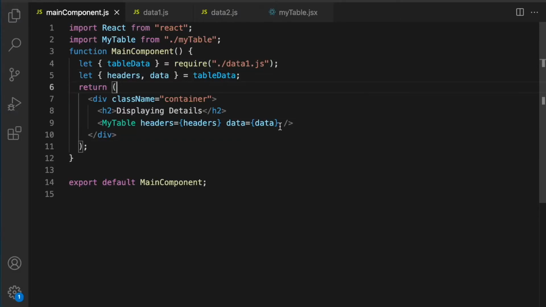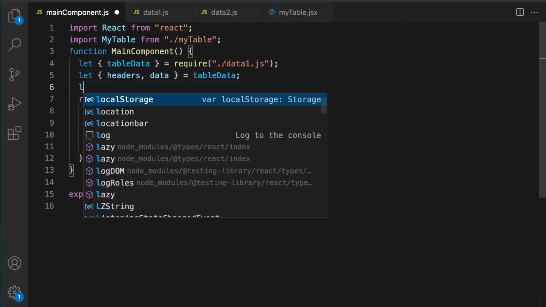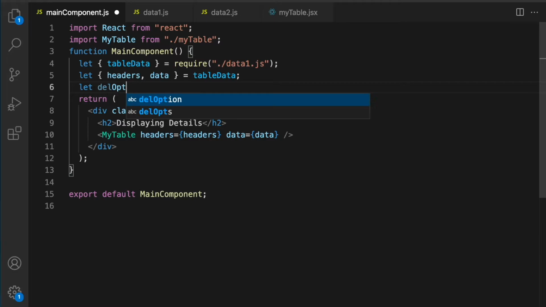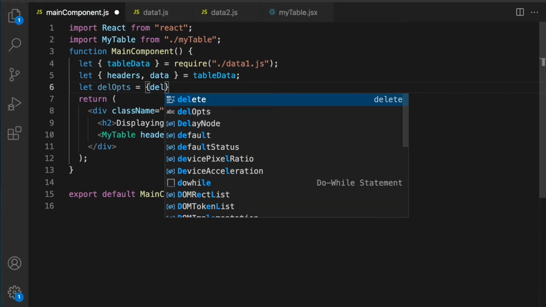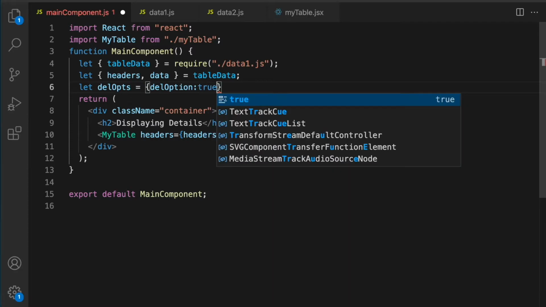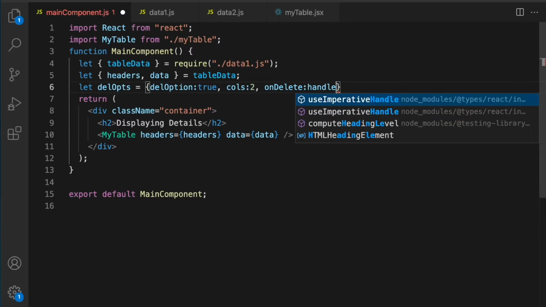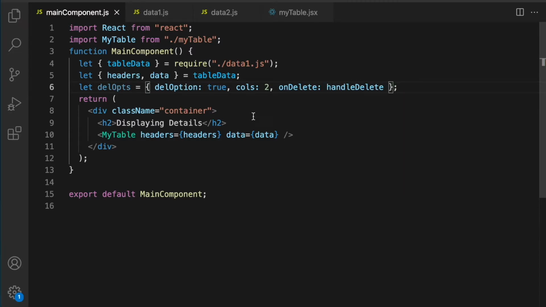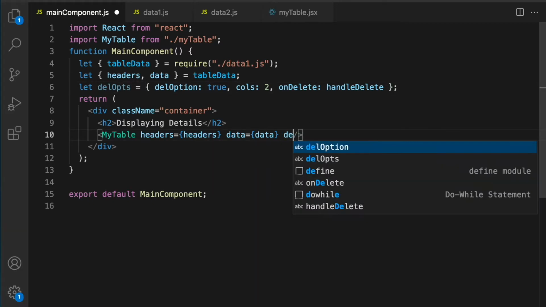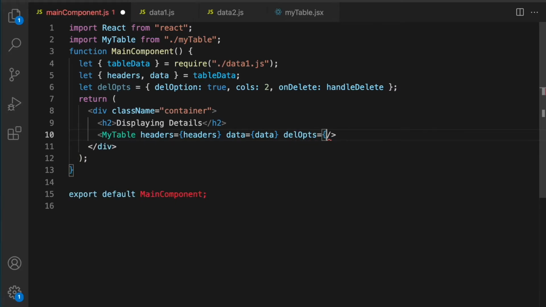So here, when we are calling my table, let's say we also send it some delete options. Delete option is true. We want to show the delete option. It will be shown in 2 columns, and say on delete is equal to handle delete. So we send it a function also, and here we send it delete options is equal to delete options. So we've sent this, and let's also construct this function here,